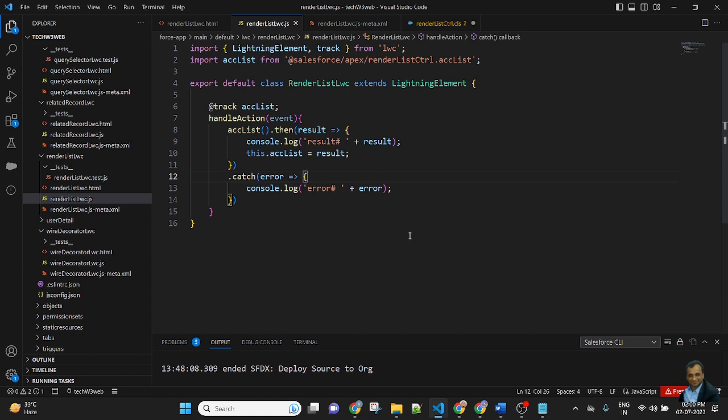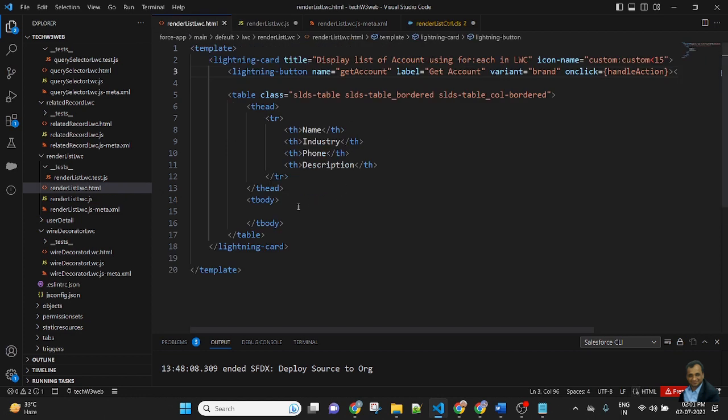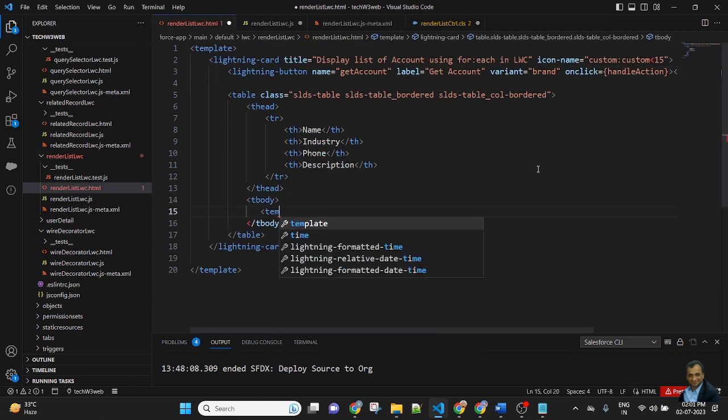So I created the JavaScript. This list of track variable will be used in the for each loop. So here in the HTML, I will apply a template for each.